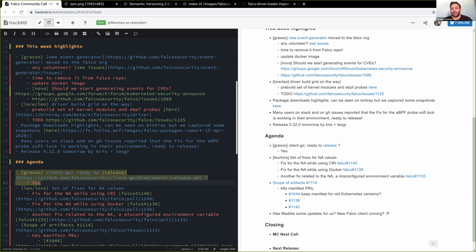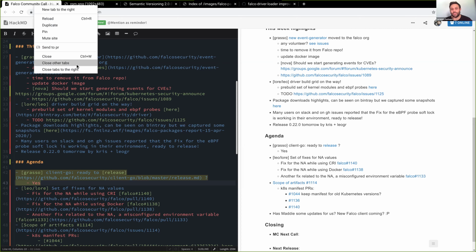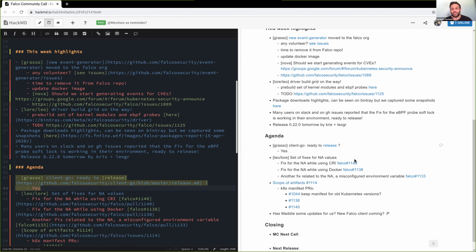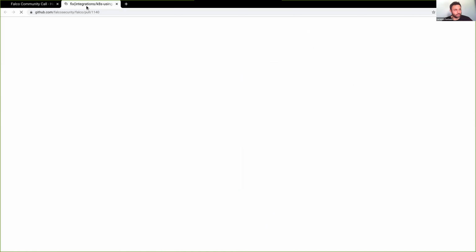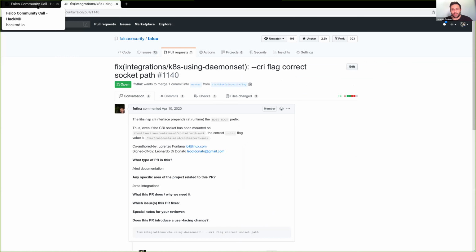And another problem was that, and this is important for everyone that has Falco deployed somewhere, if you share anything into a container for the container runtime interface, you will not have to put the /host prefix in the path, because it's done by Falco itself. But this has already been updated in the documentation.